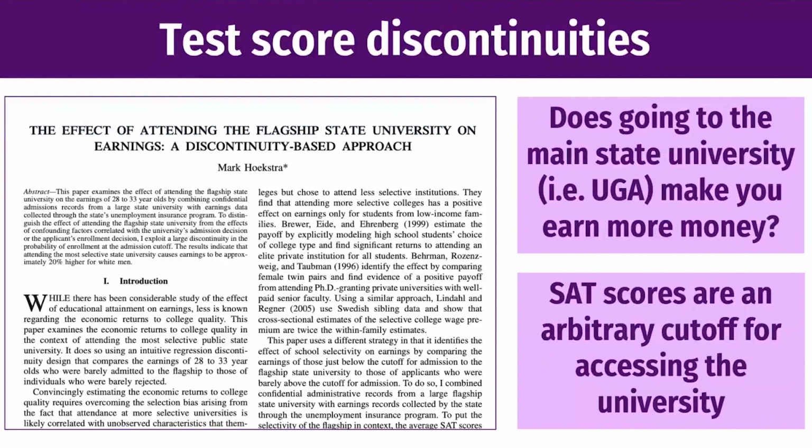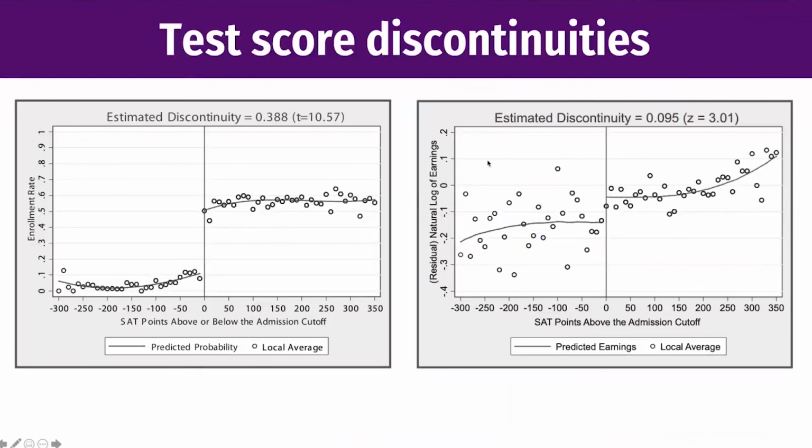So what they did is they looked at this discontinuity here. So there's two different graphs here. So this first one just shows, this is not the effect. This is just showing like if you are below the cutoff for getting admitted to a state school, this is the probability that you get admitted to that state school. So if you're below the cutoff, you only have like a 10% chance of getting into the school. If you're above the cutoff, you have like a 50 to 60% chance of getting into the school. So there's a clear cutoff that's pretty sharp. It's not fuzzy. You don't have a high probability if you're 100 points below the cutoff of getting into school. Then what they did is they looked at the earnings of people in those schools around